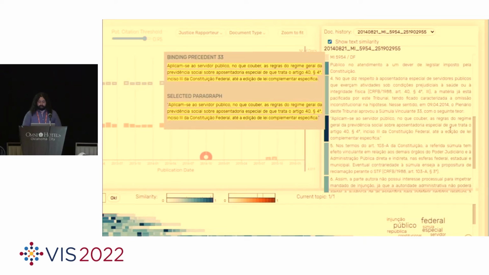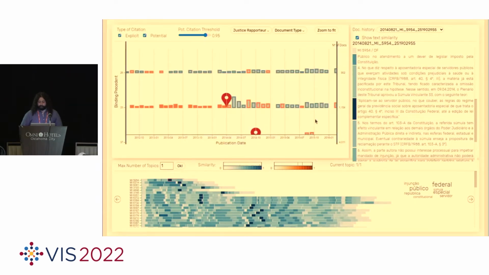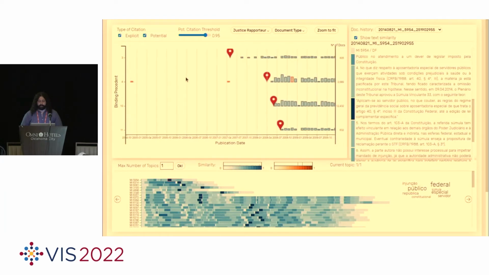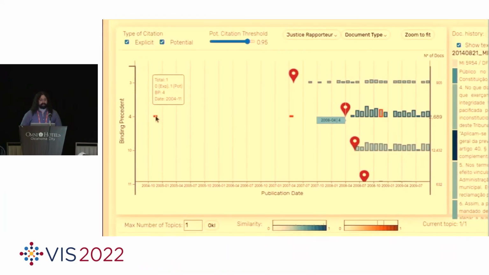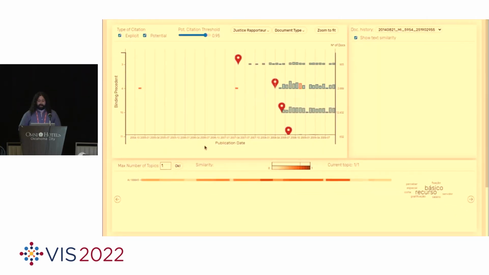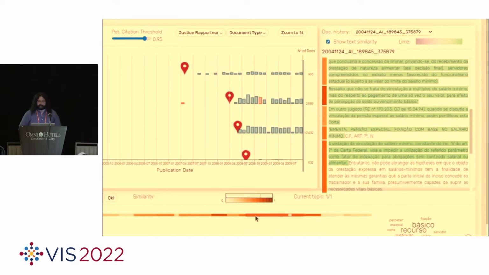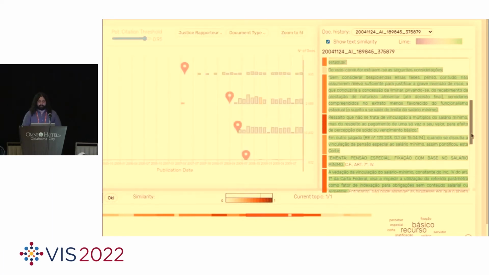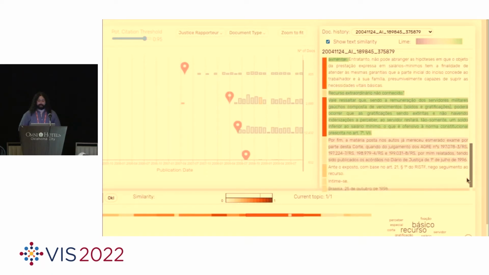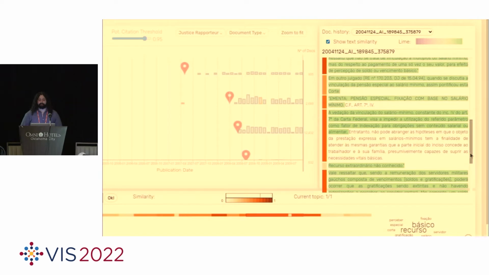Let's now explore a potential citation case. In November 2004, there was a potential citation to BP4 because of the orange bar. However, this BP was only created in 2008. Clicking on any paragraph of this document brings the decision text to the document reader view. Because this is a potential citation, the document reader will also present the model explanation for the potential citation assignment through a background color scale, indicating the most important sentences for this assignment in green.